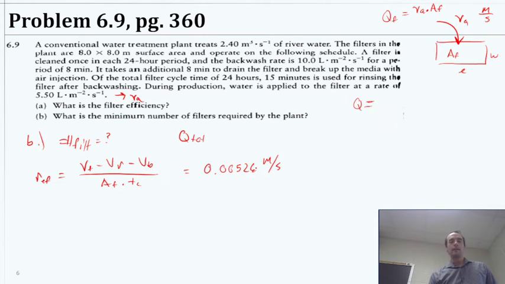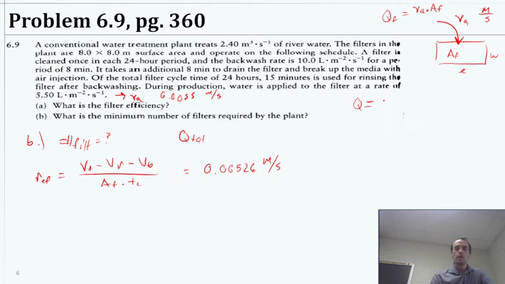So this is less than the 0.0055 meters per second. So that's good. We can say that it actually should be fairly close to it, but less than. So we're good. Okay, so with that, then we can come back to that concept of looking at our flow